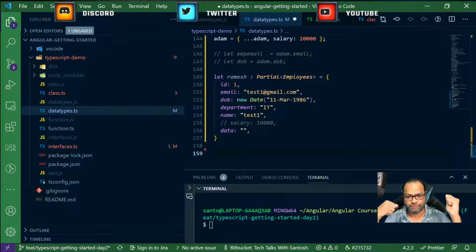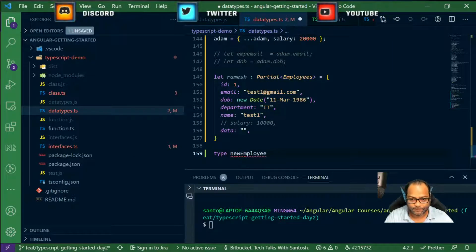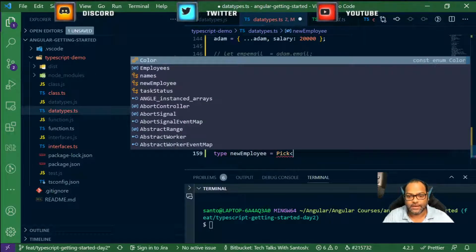You can do it within the arrays as well, or you can just create your own type. So something like this is possible. I can say type new employee is equals to, and I can use pick, which is a utility type, and it takes 2 parameters.